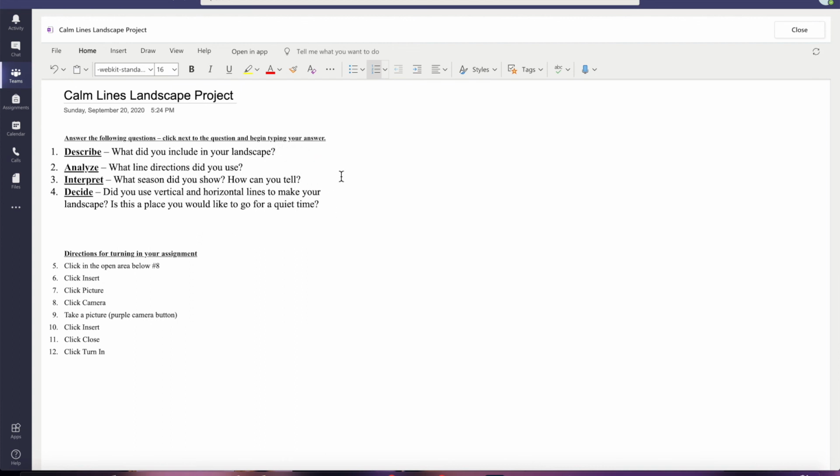Then when you're done answering those questions, you are going to upload a photo of your project that you completed. So I have the directions written right here to turn in your assignment. So you're going to click in the open area below number 8. So that should be number 8. I think it changed the numbers because I added these. But you're going to click in the open area below number 12 now, and you should get a blinking cursor